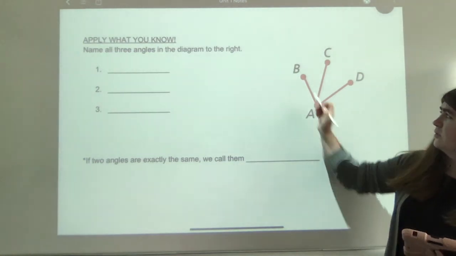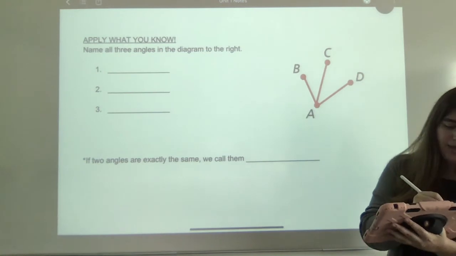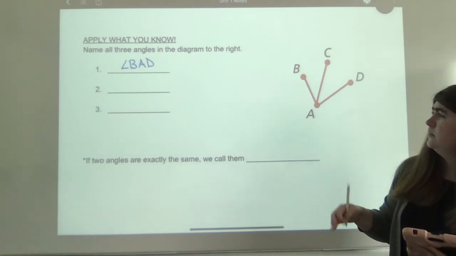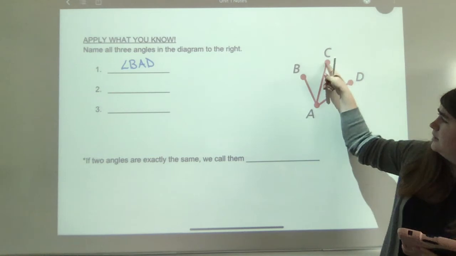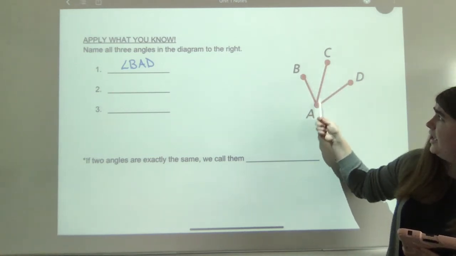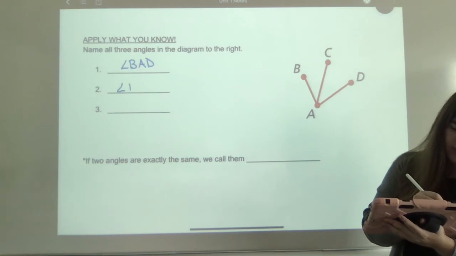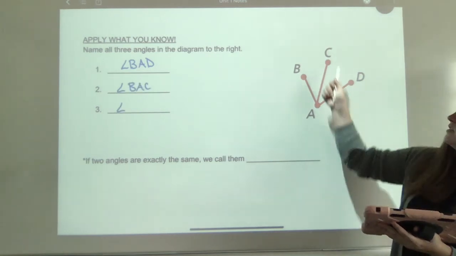So I'm going to start with B, go to A, and go to D. So I have angle BAD. Now I'm going to do this interior angle here, and I go from B to A to C, so I can say that I have angle BAC. And that leaves angle CAD